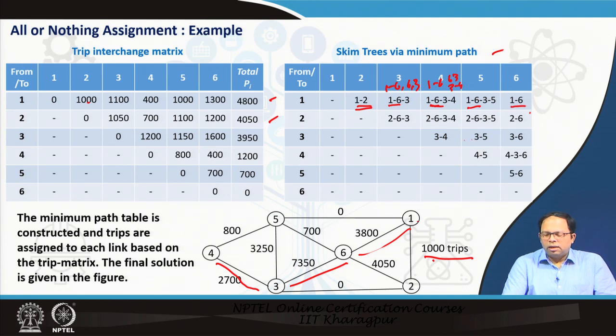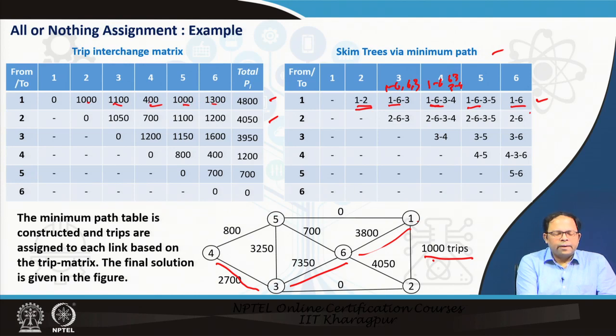Then we do not see any more 1 to 6. So, 1 to 6 must be the addition of 1, 2, 3, 4. So, these 4 traffic volumes would be loaded onto 1 to 6 eventually during their movement along the shortest path. So let's look at 1 to 3, that means 1100 plus 400 plus 1000 plus 1300. So that comes to around 1000, 2300,